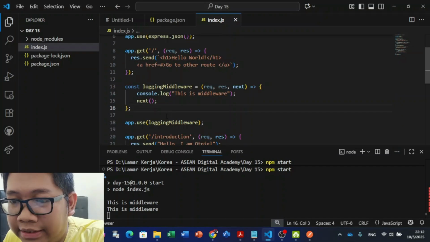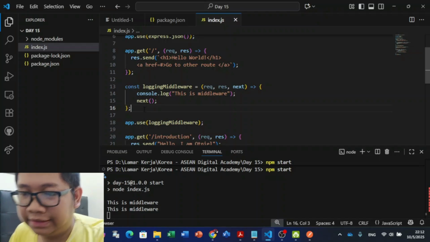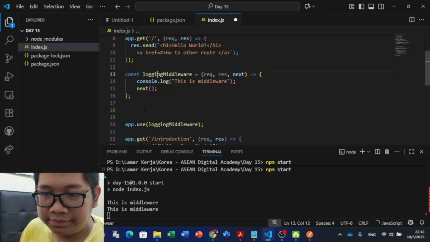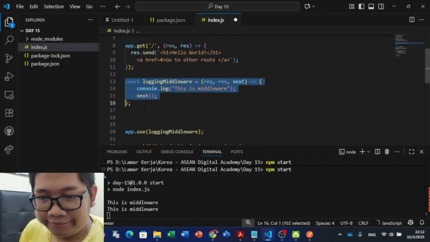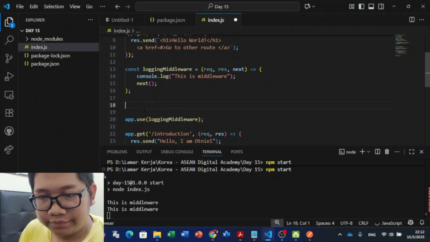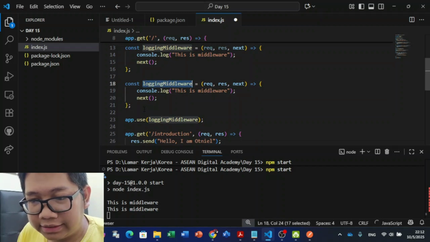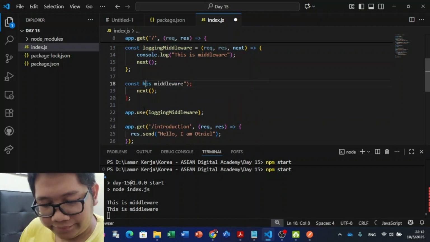And now we will implement the error middleware. First, we can just copy this middleware, paste it, and we can just test it with handle. Wait.